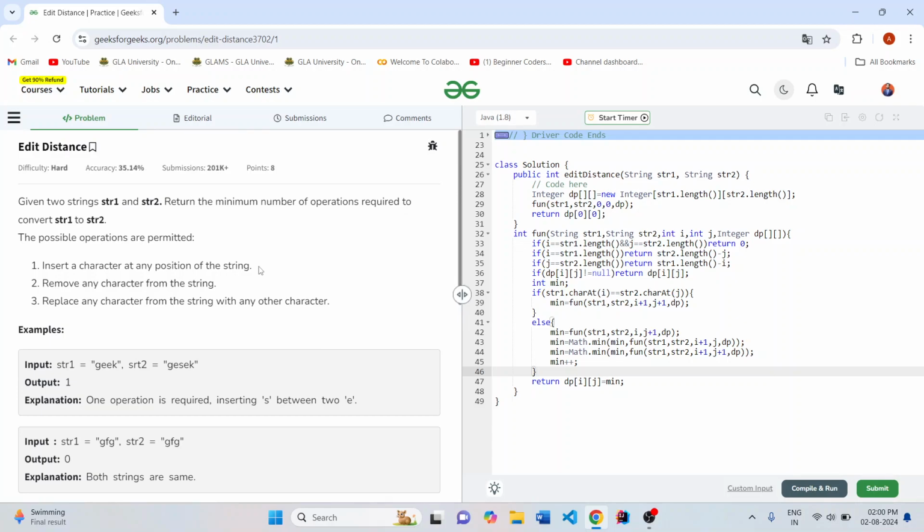The first approach that we can think of is using recursion, the basic recursion. And in that recursion approach we can apply DP, as we have two strings. We will use two indexes, i index for str1 and j index for str2, and we shall see all the conditions and apply the calls. We have three calls: insert, remove and replace. So moving to the solution part,